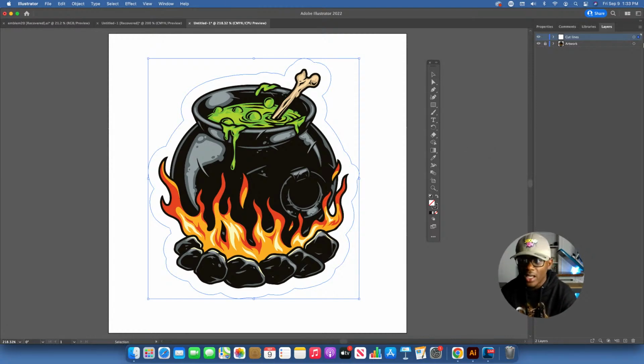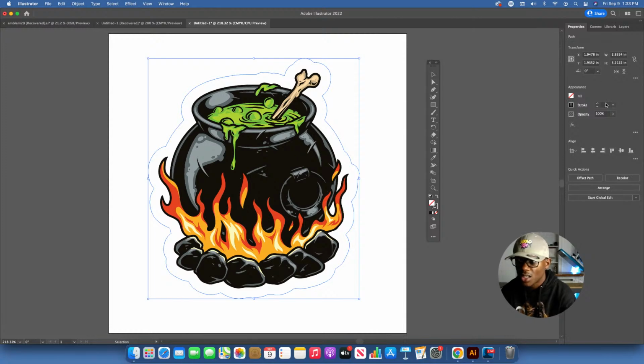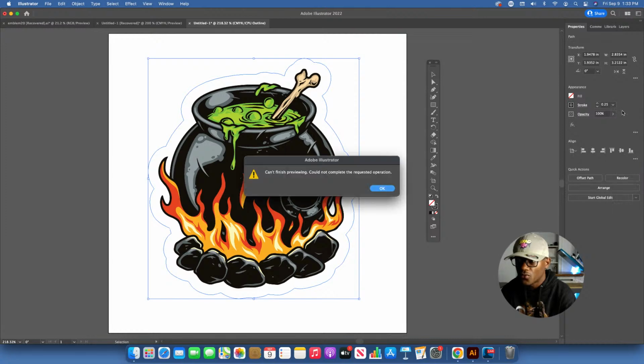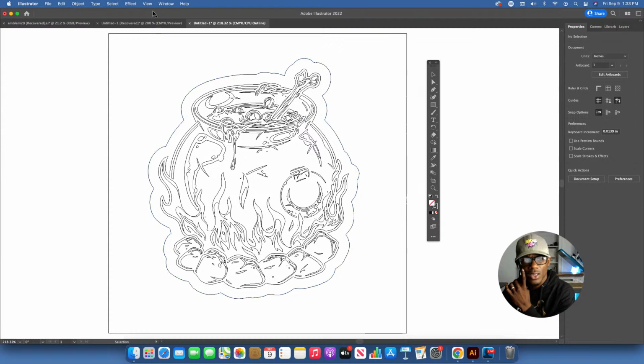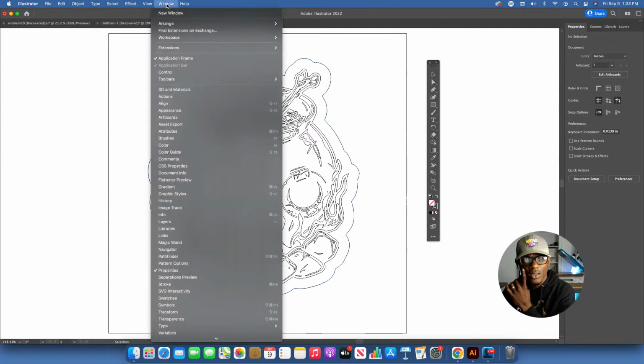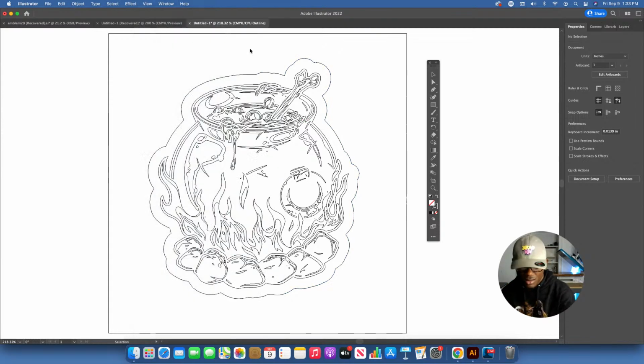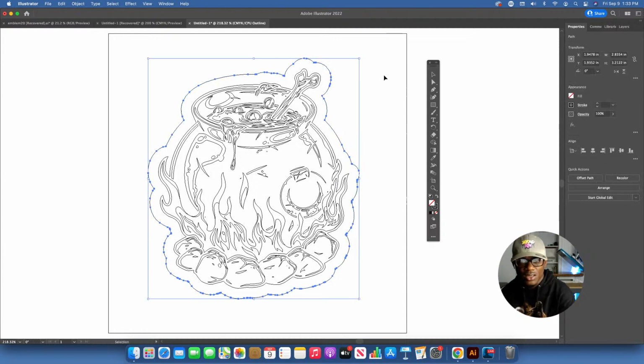All right, so now our stroke, we'll go back to properties. That stroke is at 0.25 stroke. There it is, it happened again. Okay, so I shouldn't change the stroke. Why would I not change the point? Huh. It's like when I change it, it gets like that.